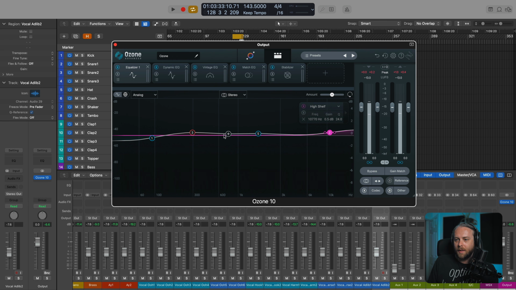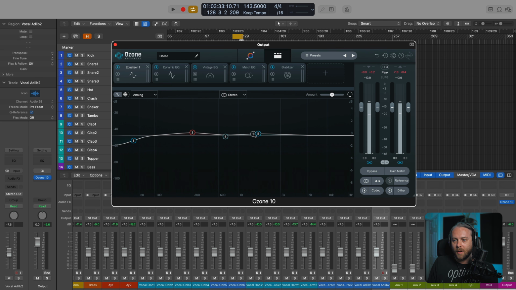We click and drag with the plus button, we automatically get, look at that, a high shelf. If we add a node in between, left and right, extreme left and right, it's kind of automatically a bell shape of some sort. And that is very typical because in this area, we're usually just boosting and cutting at very fine levels, where over here, we're doing more scooping and tilting and shelving and that kind of thing. So that's something else that you should know.